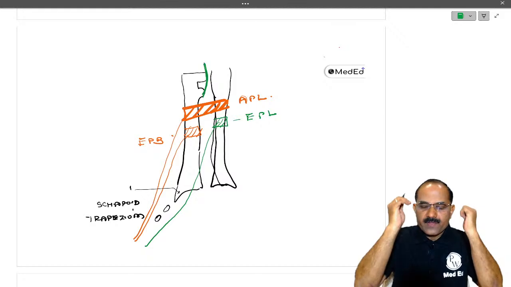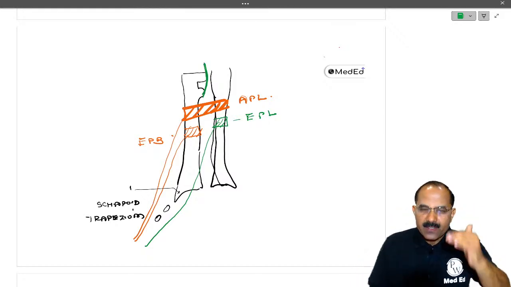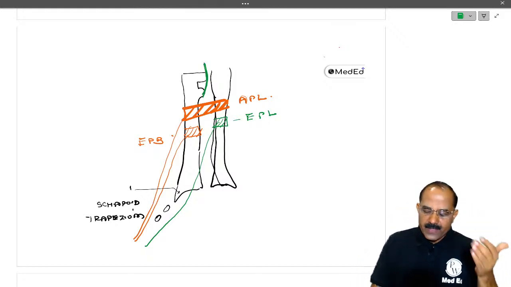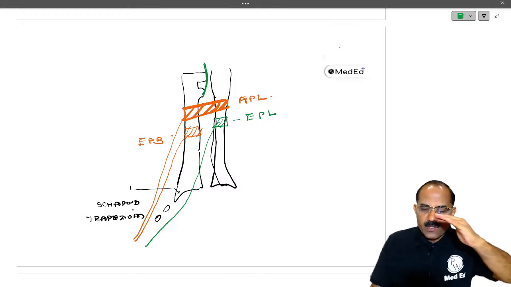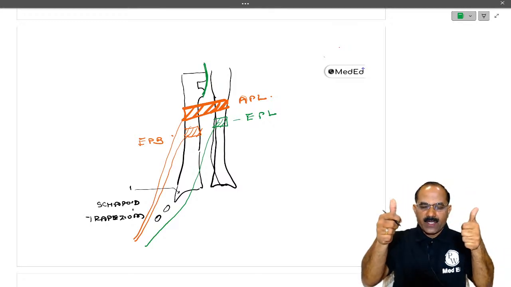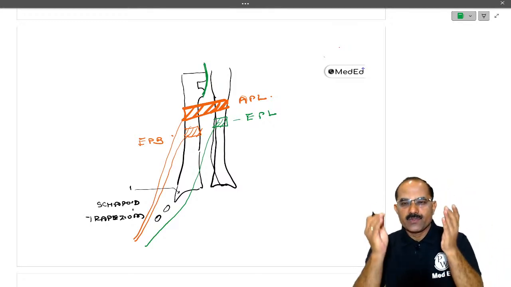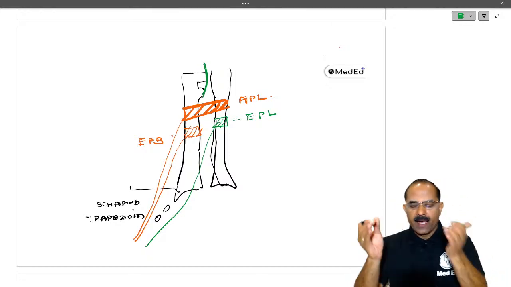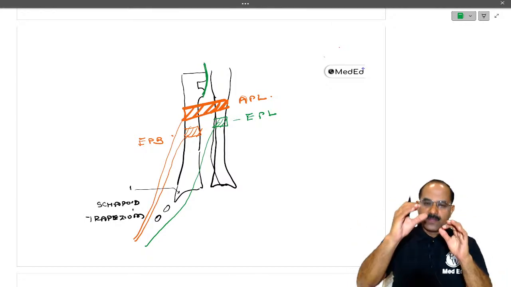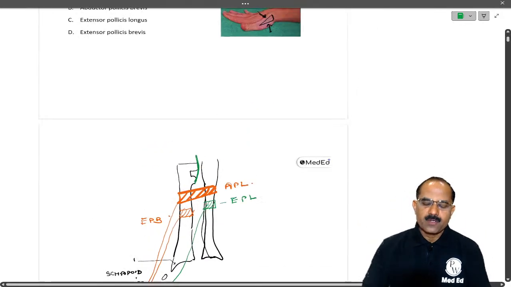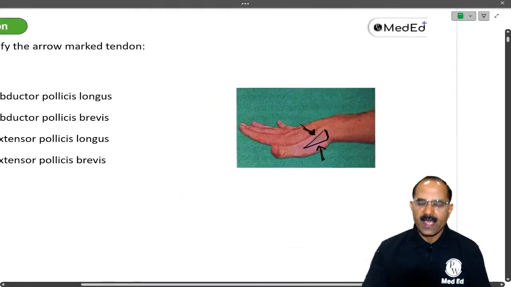Who's the content of the snuff box? Content में क्या आता है? Radial artery. The content of snuff box is the radial artery, and who's lying in the roof? Roof में कौन होता है? Cephalic vein and the superficial branch of radial nerve. So this becomes the anatomical snuff box. The boundaries, the contents, and the